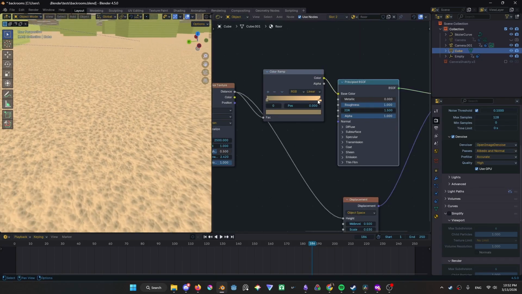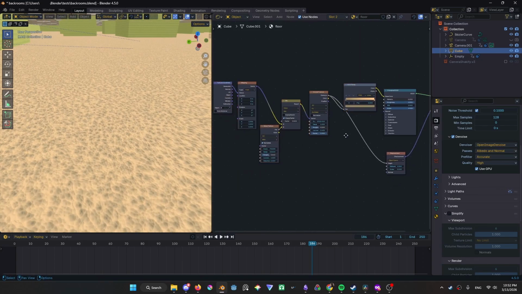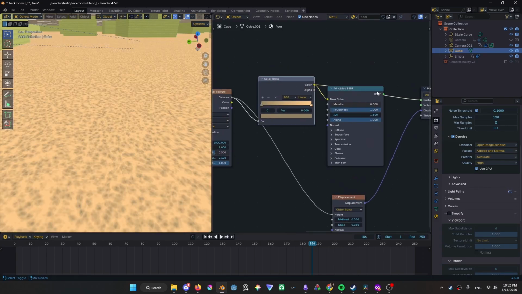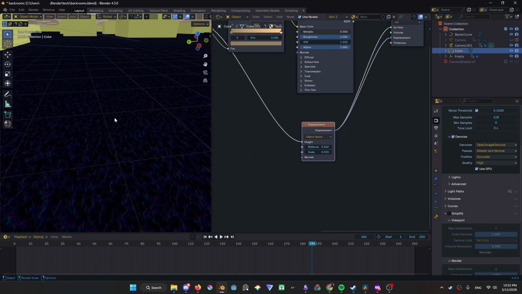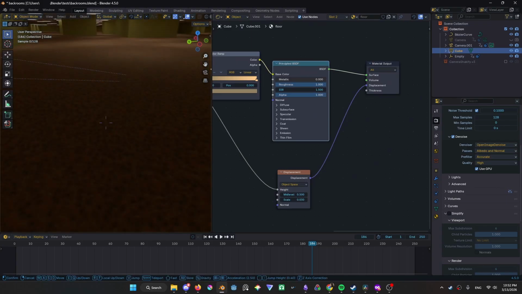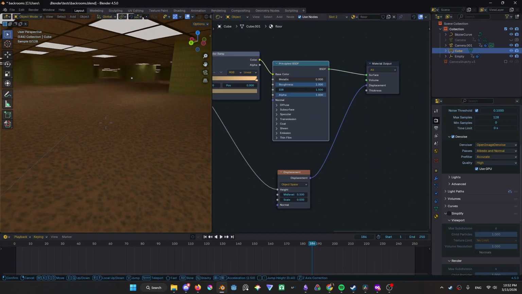Then the floor is just a bunch of random noise, Voronoi texture things to get this. And then to get the colors, I put that through a color ramp, plug that into a Principled BSDF, and I also take this and plug it into a displacement map just to give it a bit more texture. Here it doesn't show too well, but on render, especially in the lighting, you can see it being